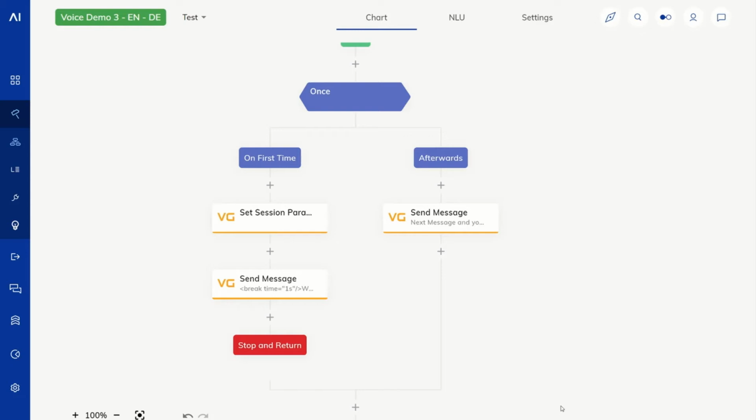Welcome to Cognigy, welcome to Cognigy. Hey, welcome hey. To Cognigy, welcome. Next message, and you said hey, hey. My name is Philip. Next message, Interrupt, and you said interrupt. my name is Philip.